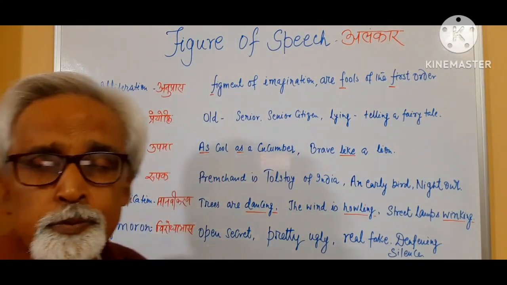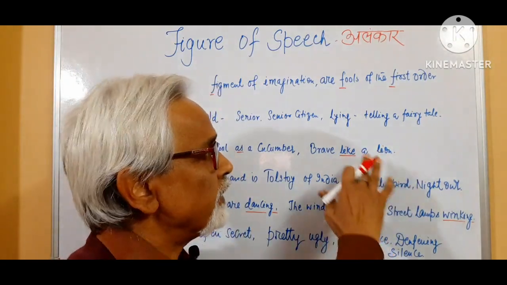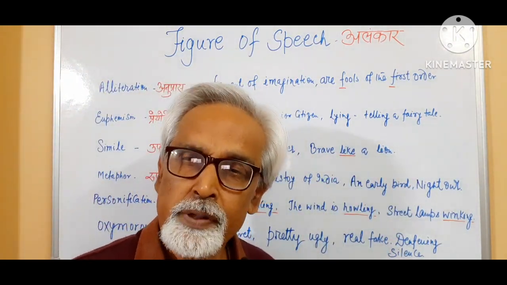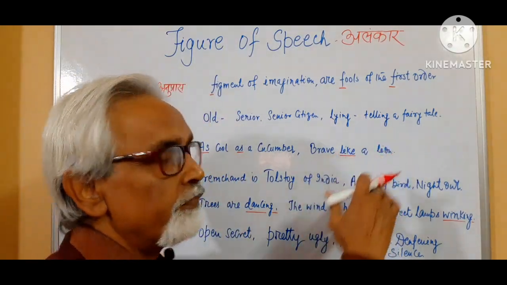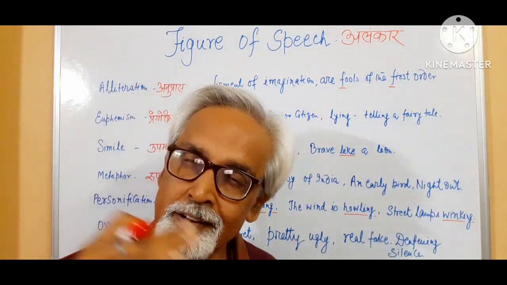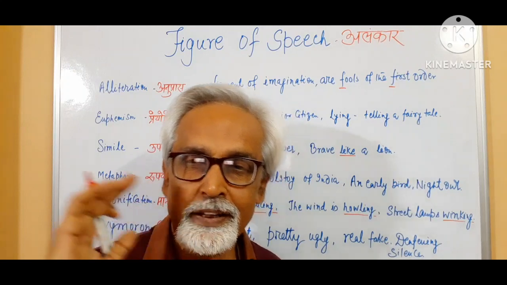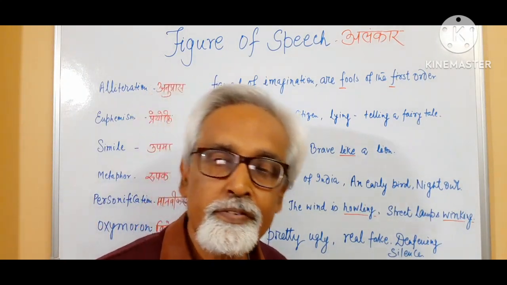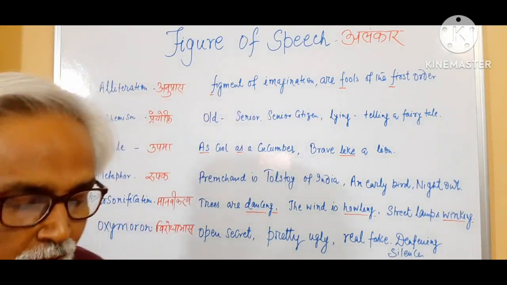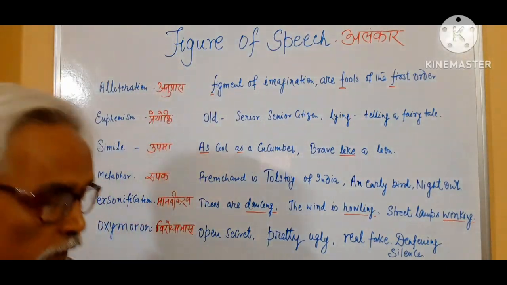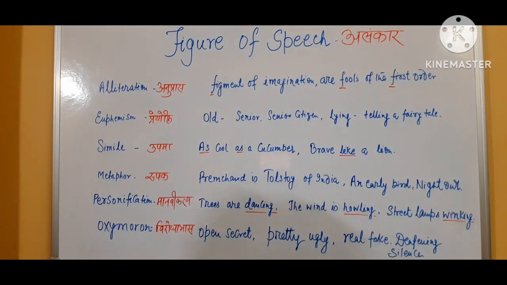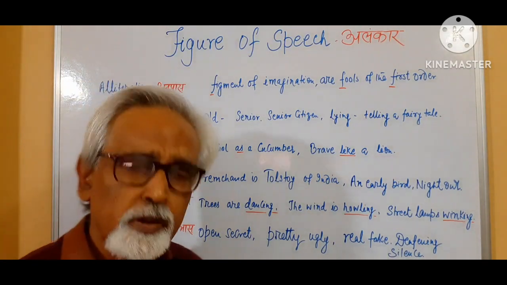Similarly, when you have to say to someone, you are lying, oh, don't say it like this. You may say, you are telling a fairy tale. It also conveys the same meaning, but it is a better way of saying it. Otherwise, the person opposite you may get offended. So there are so many examples of prayokti.